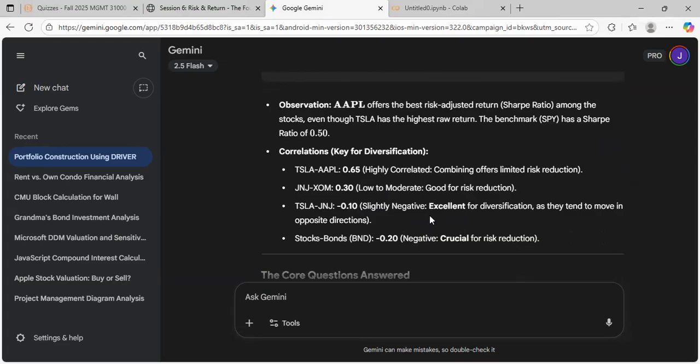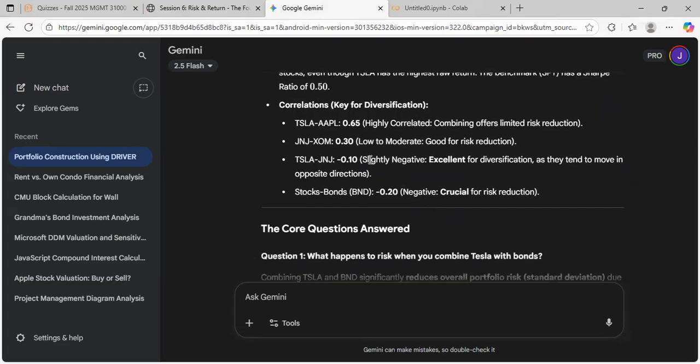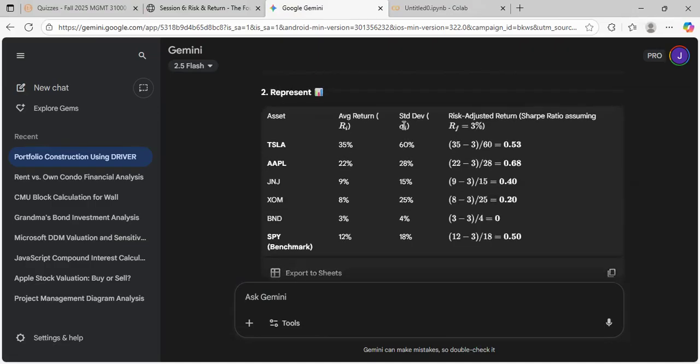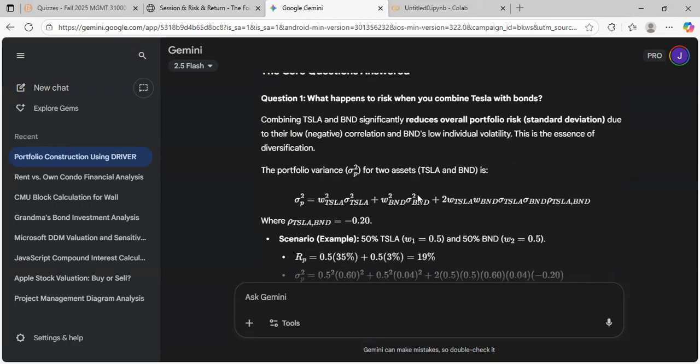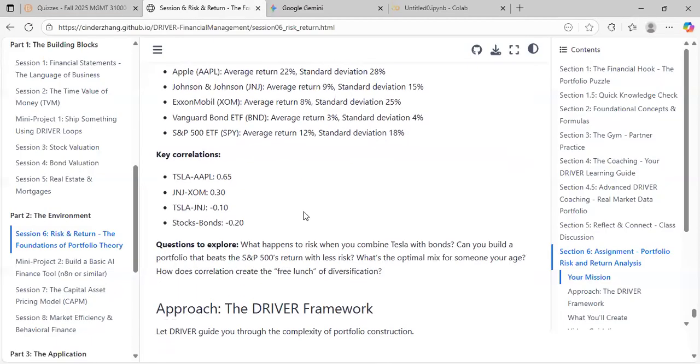Some correlations: Tesla and AAPL at 0.65, they're both highly correlated. J&J and XOM at 0.30 are low to moderate, which is good for risk reduction. Tesla and J&J at negative 0.10, which is slightly negative, is excellent for diversification. And since they tend to move in opposite directions, stocks and bonds at negative 0.20 is crucial for risk reduction. So after looking at all those,